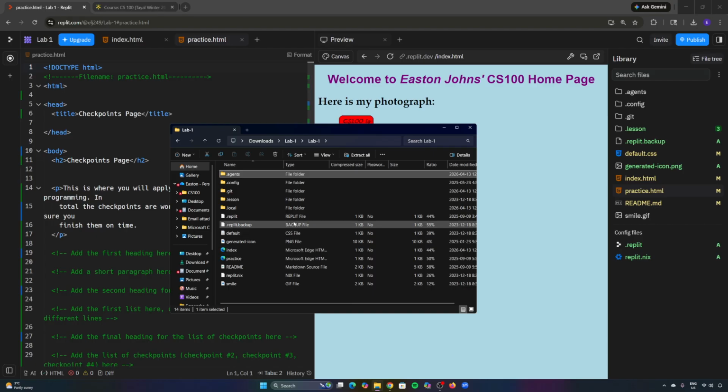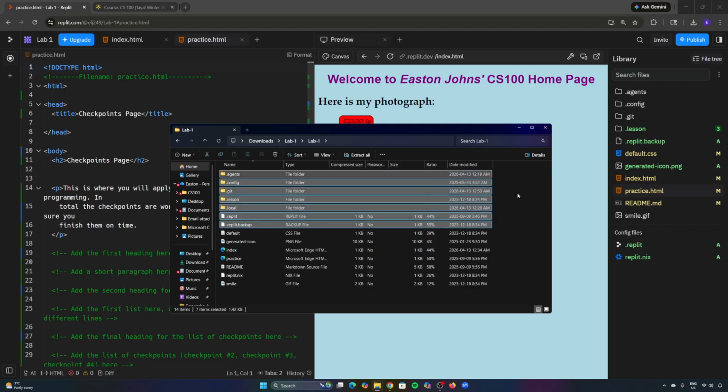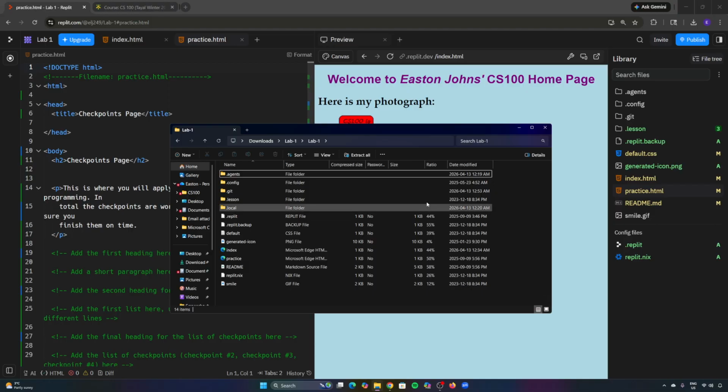Okay. If you are using Notepad or TextEdit, you will have a lot less files within your folder, and that is okay. Most of these files are useless for what we're looking at. They're just downloaded when you download them off of Replit. So if you're using Notepad or TextEdit,